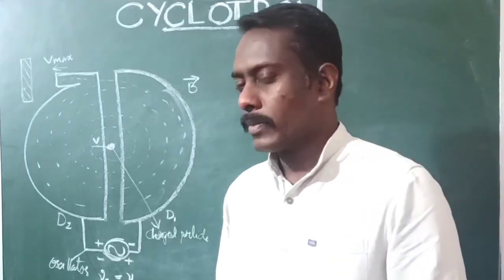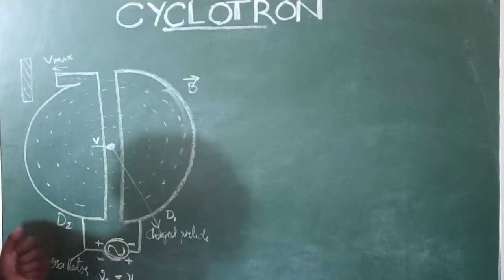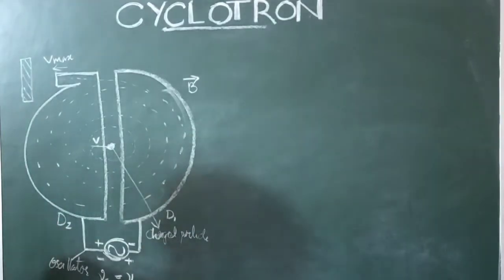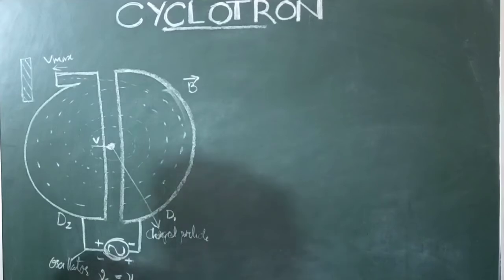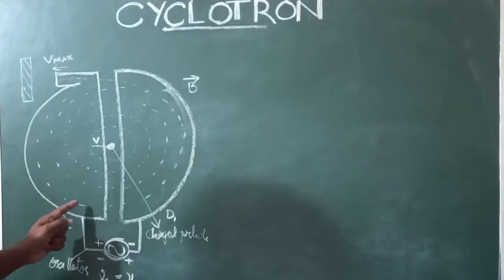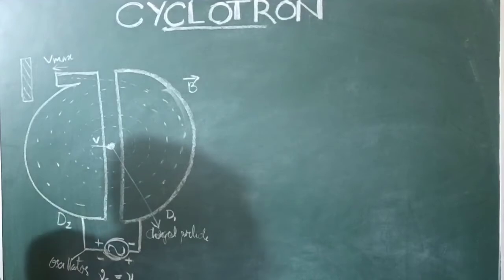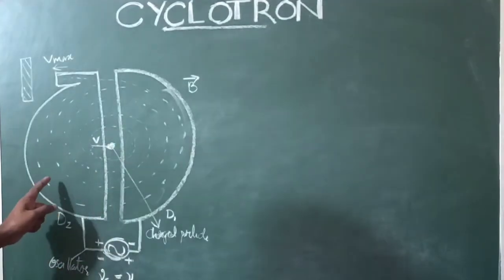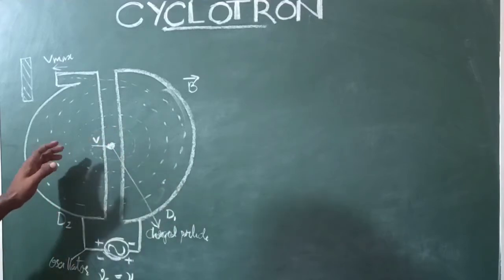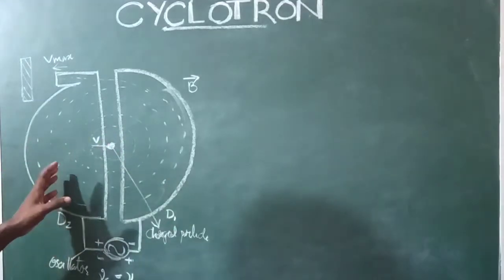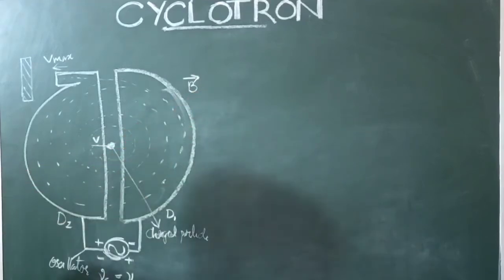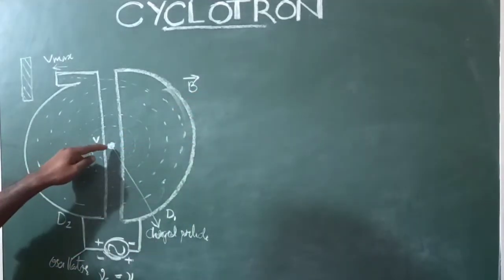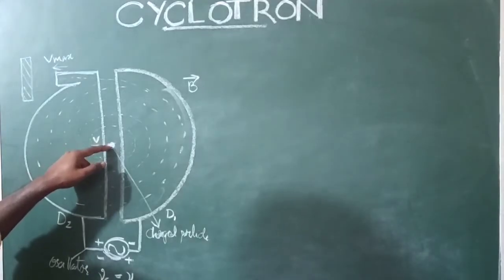So here, from the diagram, we can see two metal discs, D1 and D2. They are called Ds because their structure is similar to the English alphabet D. A magnetic field is applied here, and the direction of the magnetic field is in this direction. A charged particle is kept here